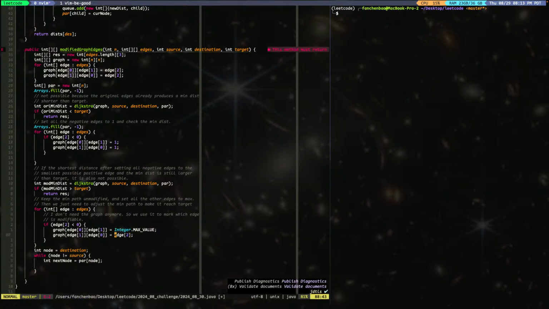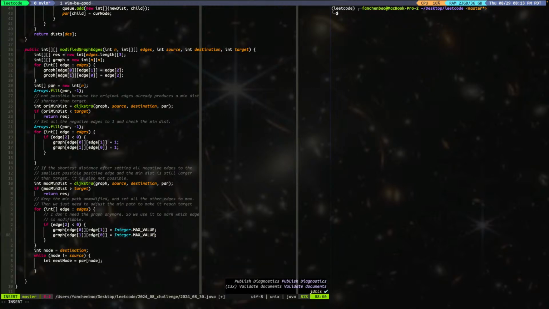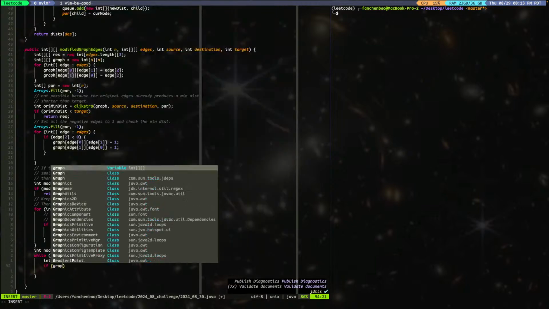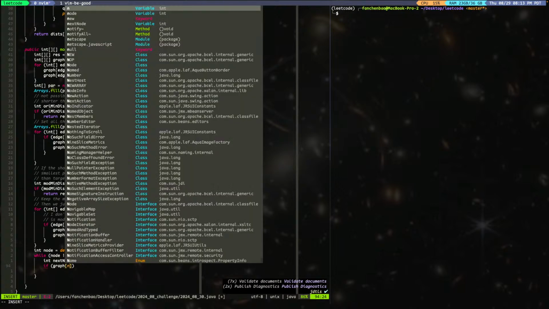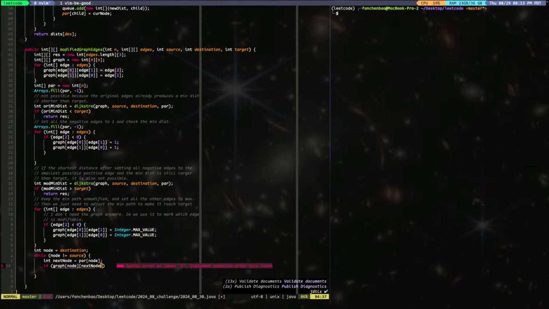I set everyone to integer max value. Okay, so everyone gets set to max value. Now we go through this, right? We go through this, yes, and then we say if graph node to next node, if it's equal to integer max value, then we will set it to